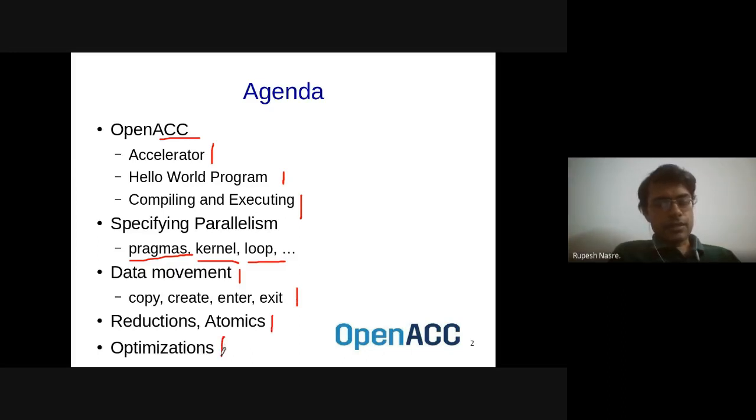And then there are certain optimizations which we should be aware of. We should know how things are executed underneath. Once we have modeled our computation using OpenACC on a GPU, and finally we are doing all this parallel processing for performance, we need to optimize our processing, and there are certain high-level patterns which we should be able to apply for optimizations. But of course, there will be some patterns which are specific to certain applications which we have to devise on our own.